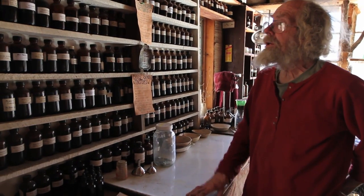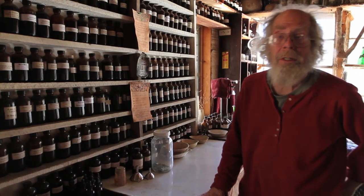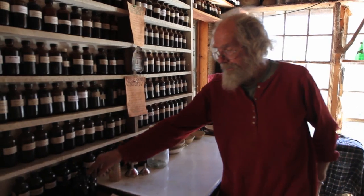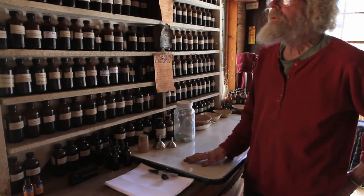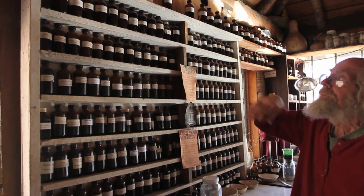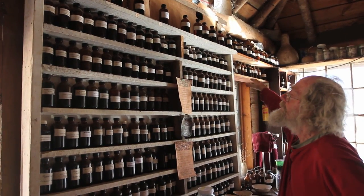So a little more about our herb shop. We call this a self-help health center. It's open to the public 24/7. You can come in here anytime and it's self-service. There are bottles and labels and markers and funnels. And these are, we've looked at the Chinese herbs already, and these are single herb tinctures, all